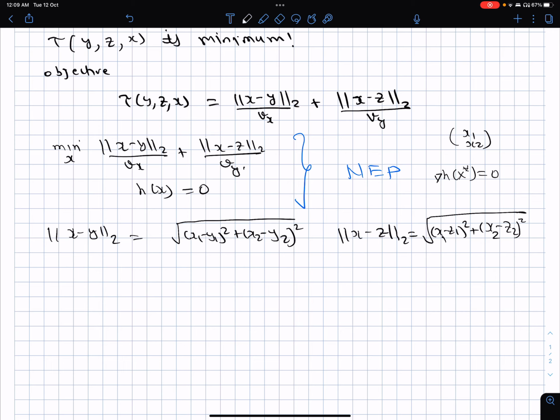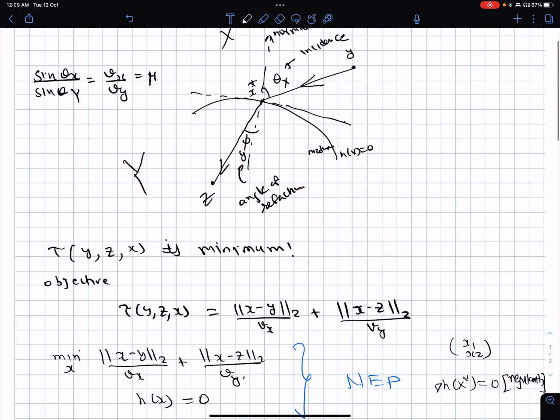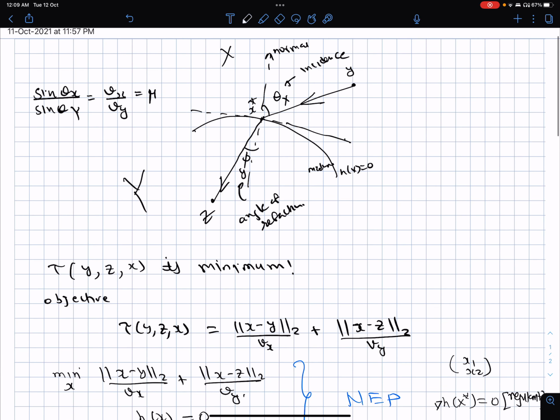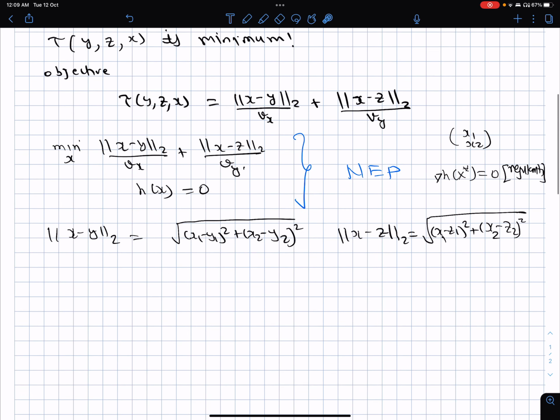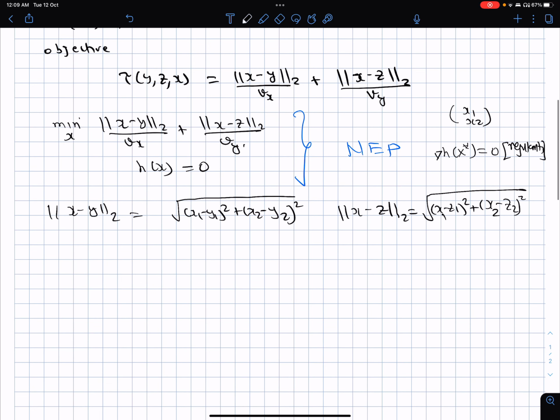Okay. So now we will assume that the point x star is going to be such that this gradient is not equal to 0, so that the regularity condition is satisfied. I am solving an NEP problem and I am going to assume that the gradient, which is actually this normal vector, is a non-zero vector. I think that's a reasonable thing to assume. So now, what does the Lagrange multiplier theorem require?